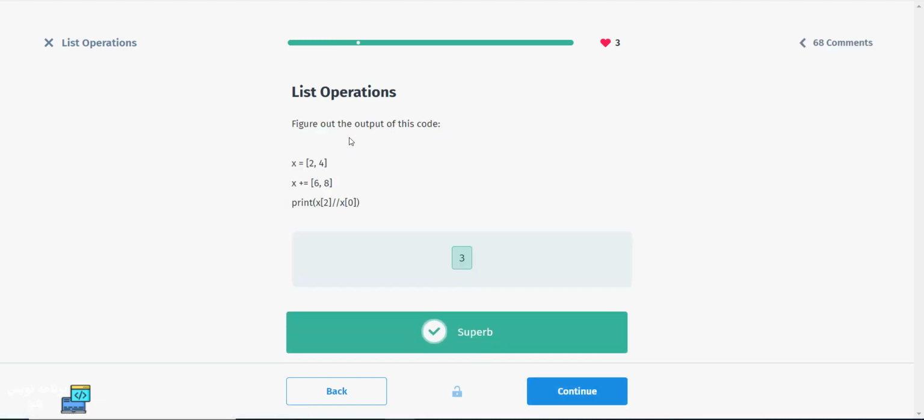Continue. What is the output of this code? There is a list and it has 2 items, and I want to add a list to this. So I write here x plus equals 6 and 8, and I want to add this list to this. And I write a print